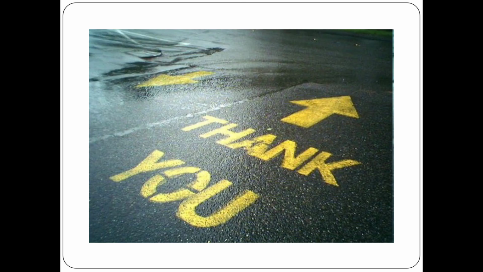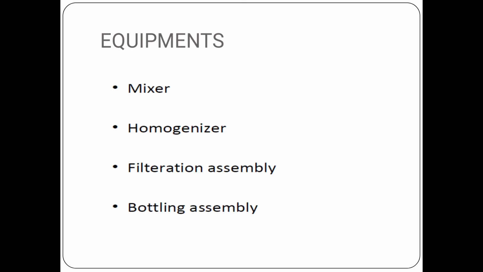Now for each and every stage you have to maintain different process variables. For the mixing purpose you require the mixing time, mixing rate, the RPM that has to be set for your mixing, or the volume, how much volume you can mix at a specific time, that has to be maintained, and the time for mixing is very important. So all those process variables are there. So you come to know what the different stages are, what the different equipment required for each and every stage are, and what the process variables are that are required to control all those things, so we can achieve a proper quality product.